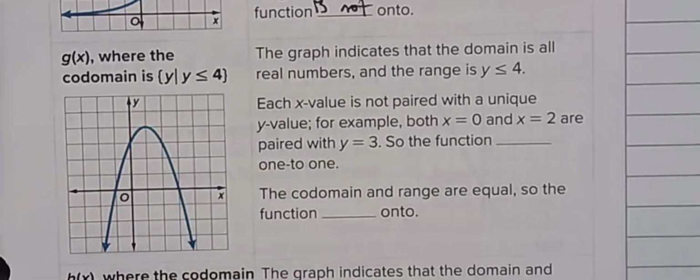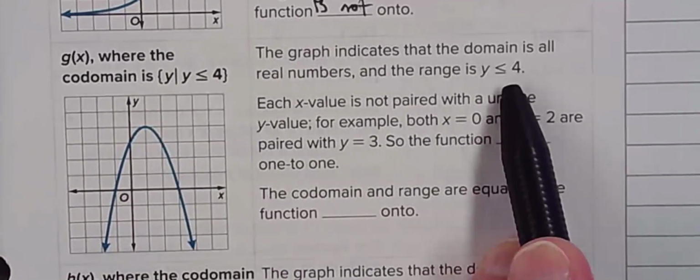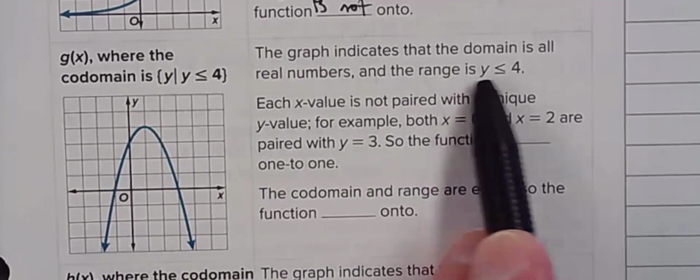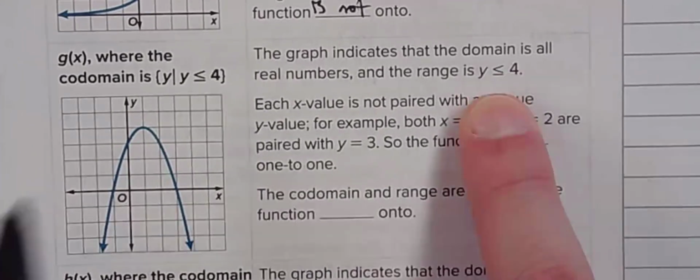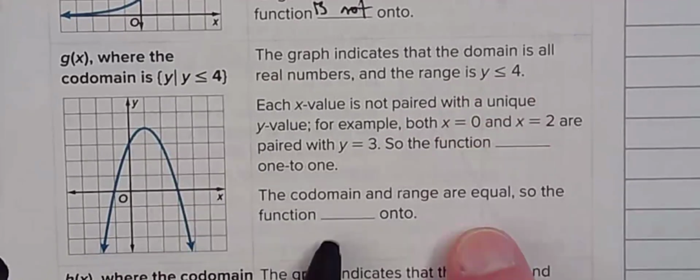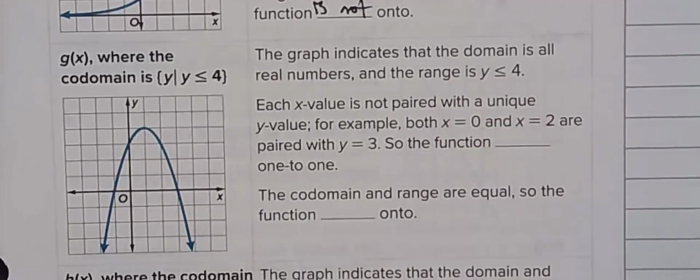What's the range of this function? That's right here. Y is less than or equal to 4. Do the codomain and the range match? Yes. Okay. That will be a big thing once we get to the onto portion of this. So the graph indicates that the domain is all real numbers because it goes left and right forever, and that the